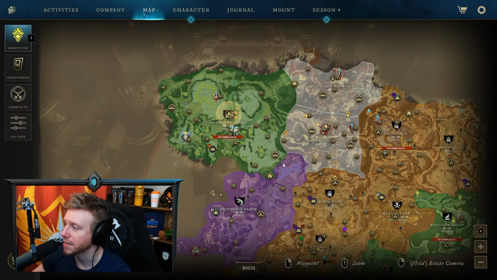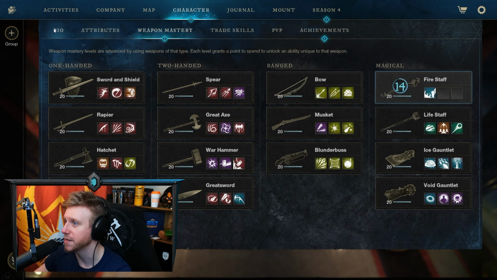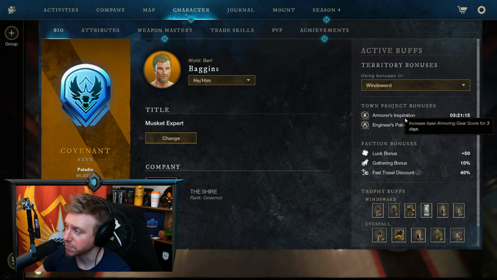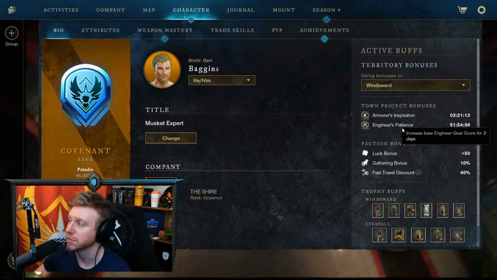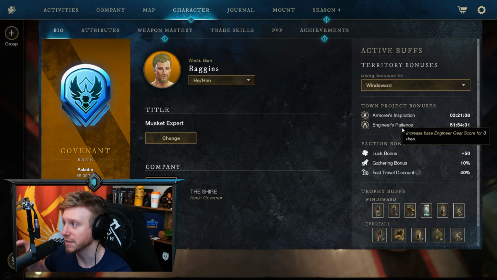And then the house that I own, if I went to the same Territory Planning Board, we could see it there, but I could also just open it up from here. My house in Windsward, once again, is providing me with Armorer's Inspiration, so we got plus 5 to Armoring, and then Engineer's Patience, so plus 5 to Engineering. And I don't have to be in Windsward to take advantage of these. These are global buffs, but they are another piece of the puzzle when it comes to getting that 700 gear